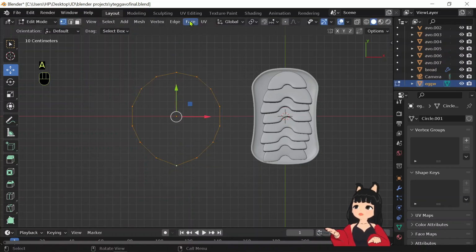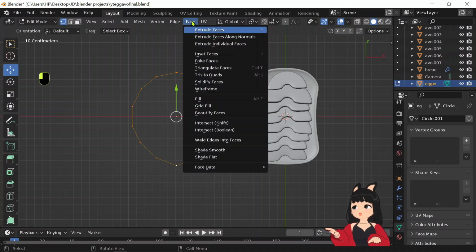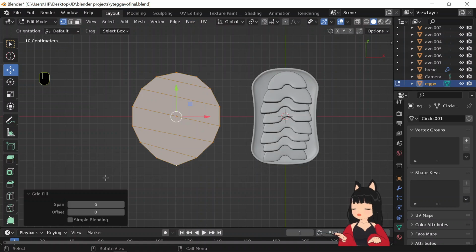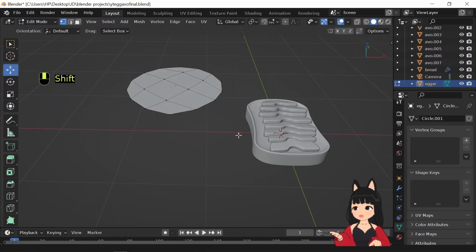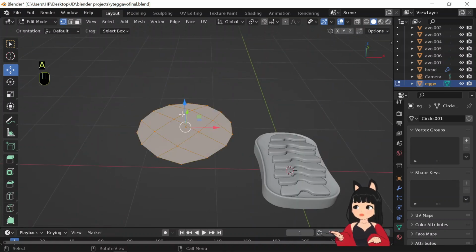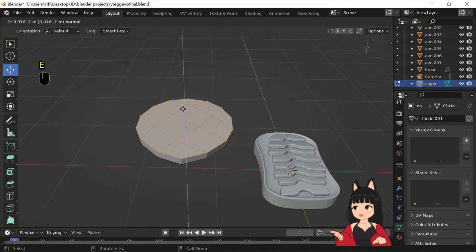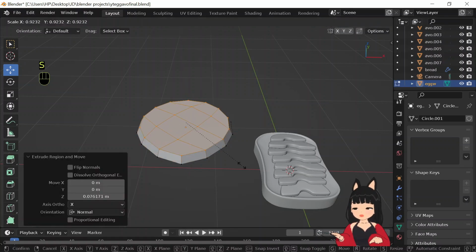Now press A to select all the vertices and go to faces and select the grid fill. Now down here change the span to 4. Now press A and select everything and press C to extrude it on a z-axis and scale it down a